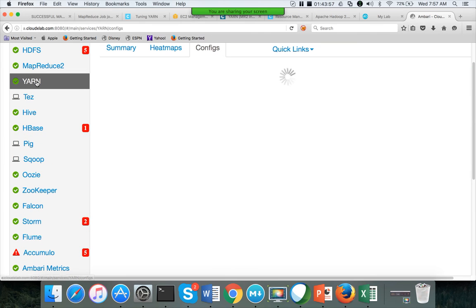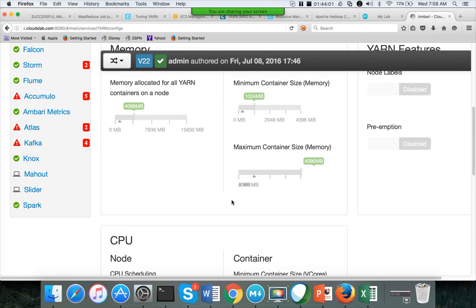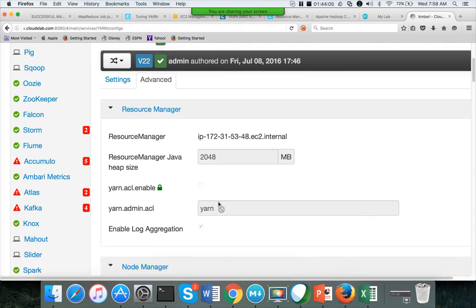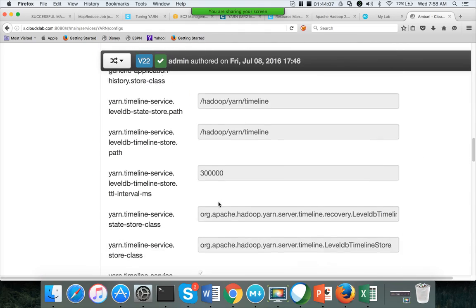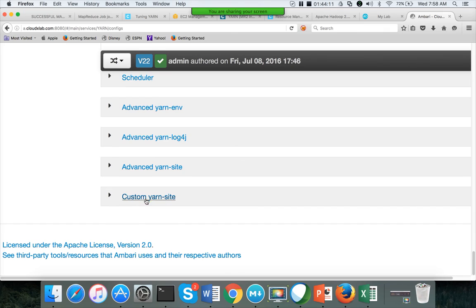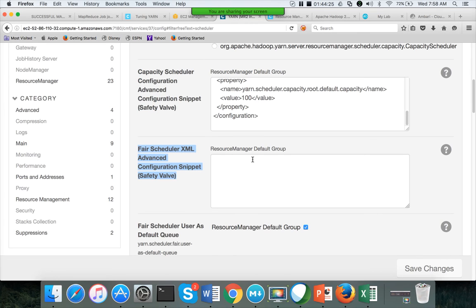Similarly, if you go to YARN and then advanced, there will be options to enter custom parameters for each of these. For custom yarn-site.xml, you click on this and add properties and values, and those will be preserved in the yarn-site.xml file. Whereas in Cloudera, the concept is called safety valve.